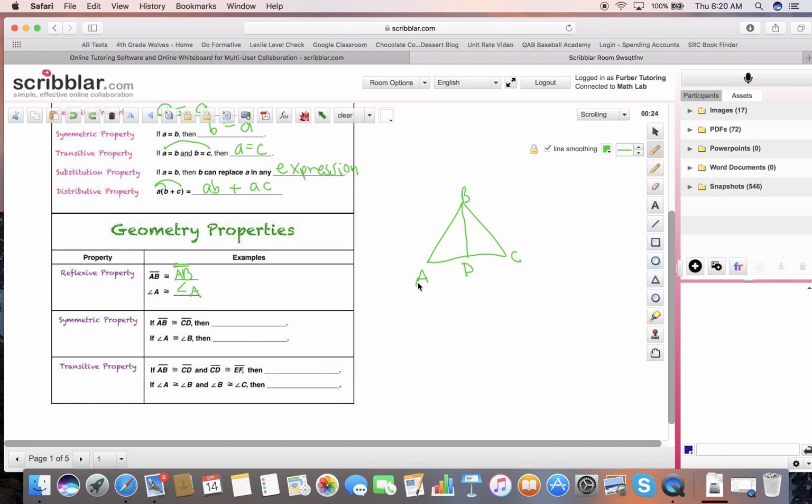Something like this. There are different ways of proving that triangles are congruent, but one way we can prove them is that all three of their sides are congruent. So if I was going to prove that these two triangles are congruent, I would have to prove three things. I would have to prove that segment AB is congruent to segment CB on this triangle. I would have to prove that AD is congruent to CD. And then when I get to the third side, you should notice that the third side is actually shared by both